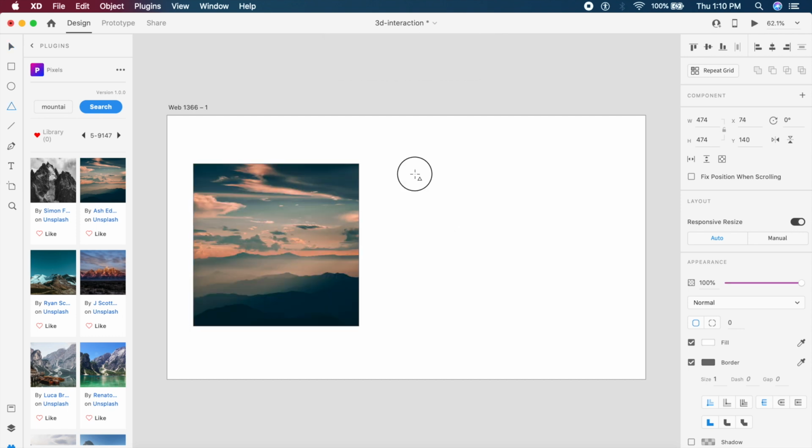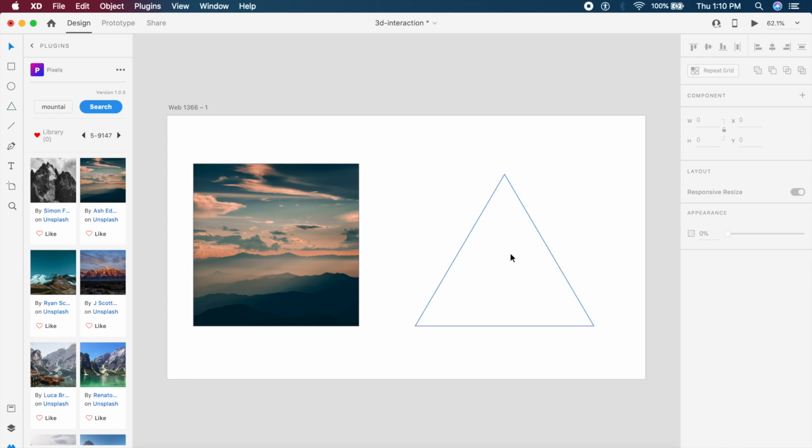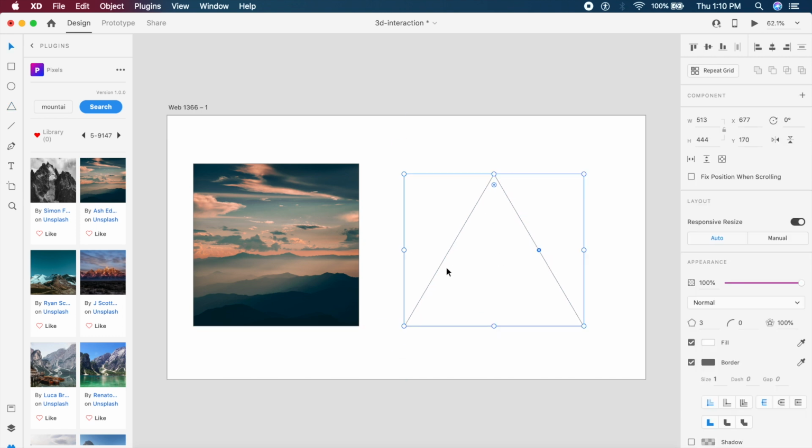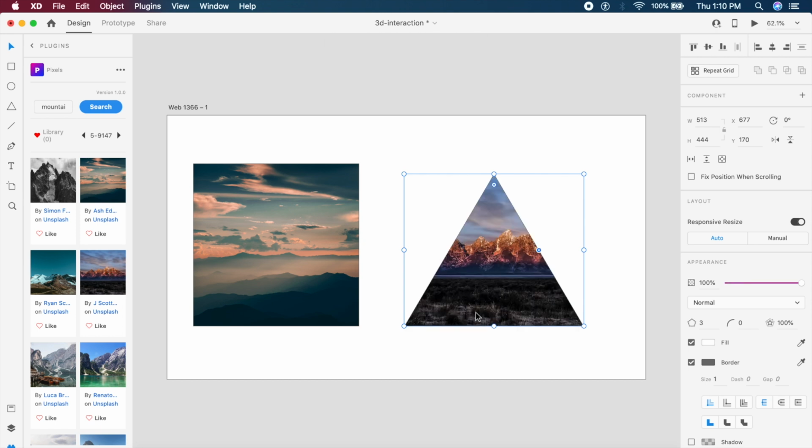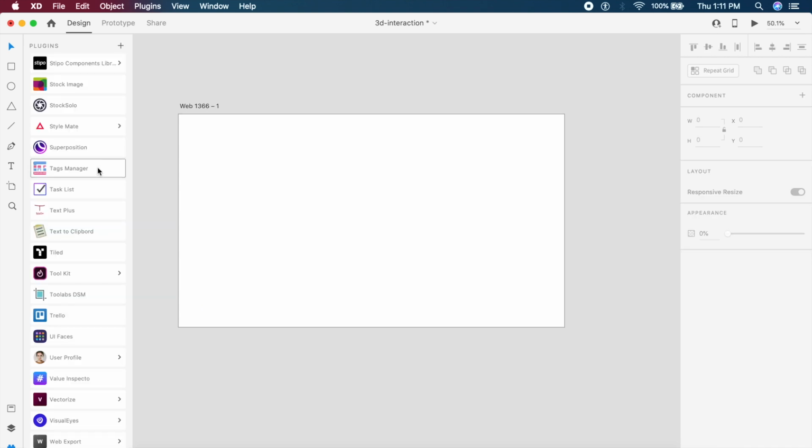The best part is it can fit images inside a polygon itself. So if you have a star or a triangle, you can basically just click on any image and it will fill this shape with a particular image right here. How cool is that? The next plugin is called Tags Manager, and often when we're designing something, organizing the artboards